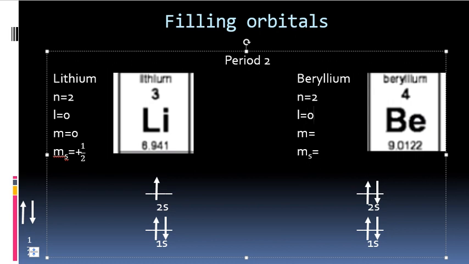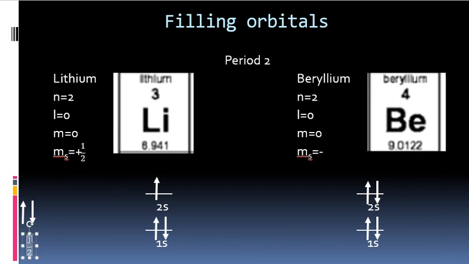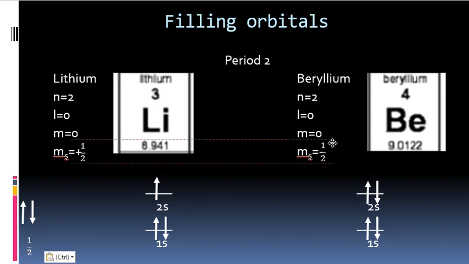L would equal 0, m equals 0, and then to distinguish that second electron from the first electron, instead of having a positive 1/2 spin, it would have a negative 1/2 spin. And that's just to help give each electron its own